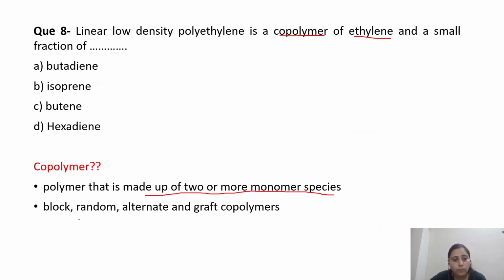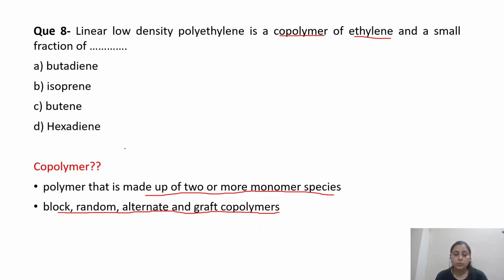So copolymers can also be further classified into block copolymers, random copolymers, alternate copolymers and graft copolymers. So let's come back to the question. All these concepts, like these different types of copolymers, are discussed in detail in the lecture videos, and in Manish Chandra's book also, it is explained in detail with pictures, so please refer to those